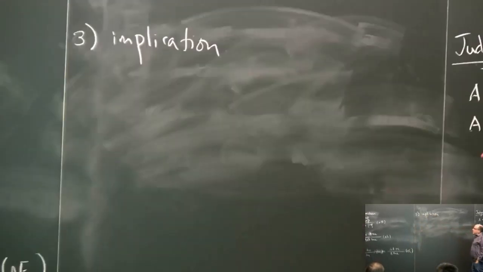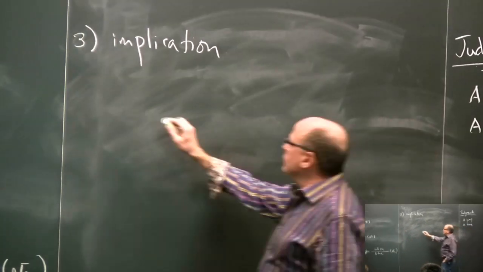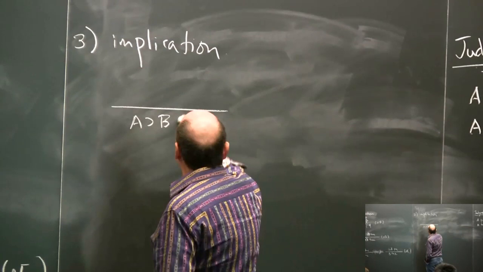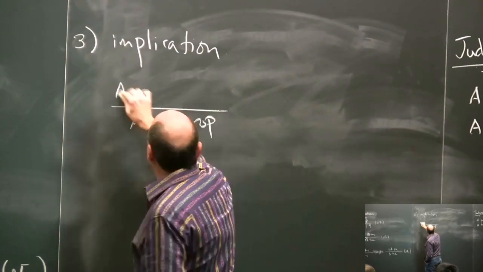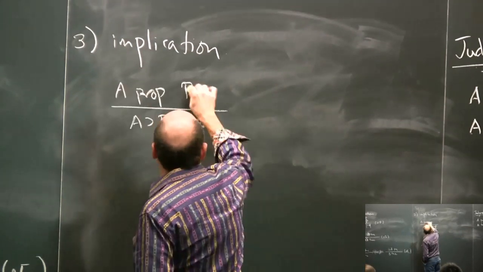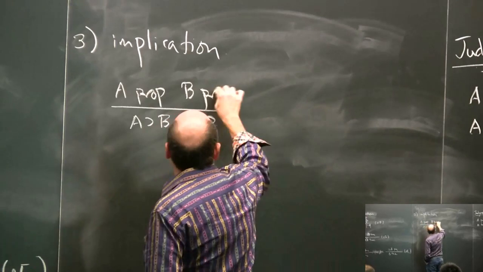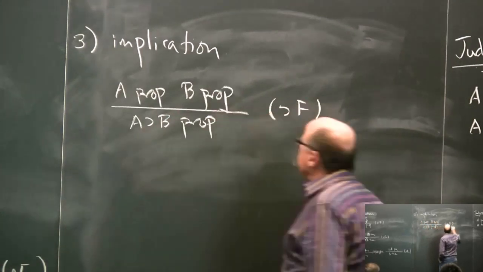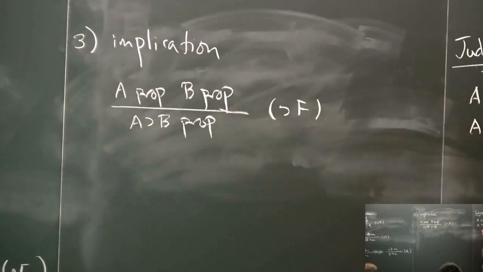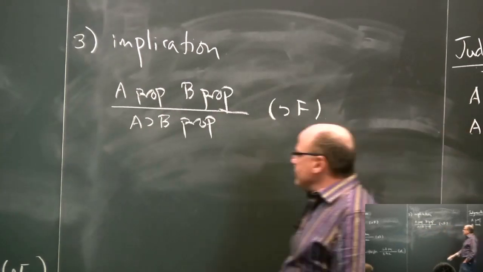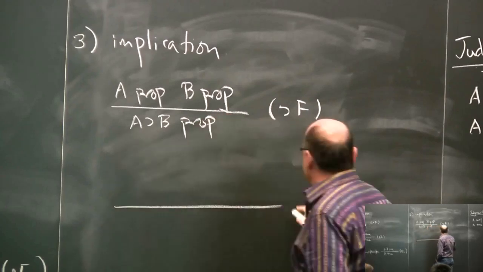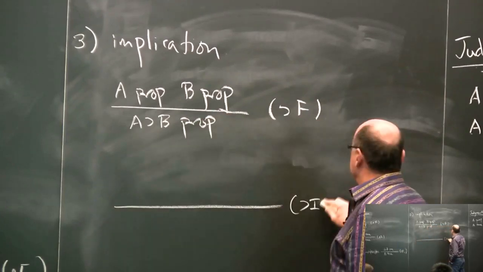So where we got to at the very end last time was the rule for implication. We said we can form an implication: take two propositions, then I can form another one, which is the implication of those two propositions, and then we define the truth conditions for those implications. So this is where we got to at the very end, just to remind you. This is where we are.